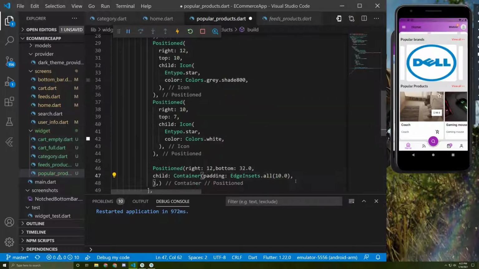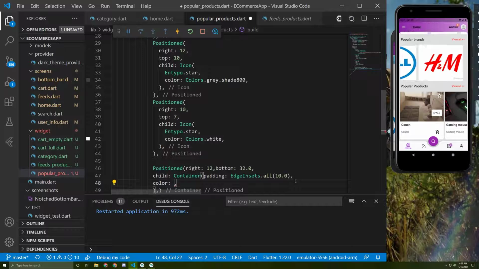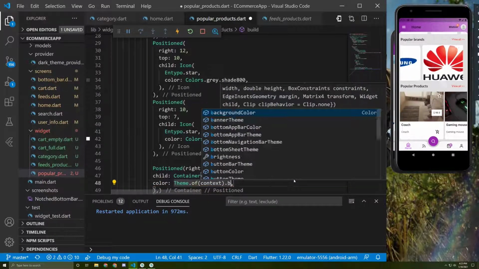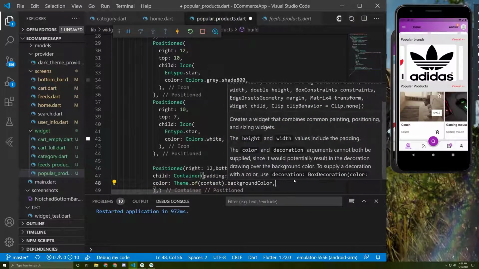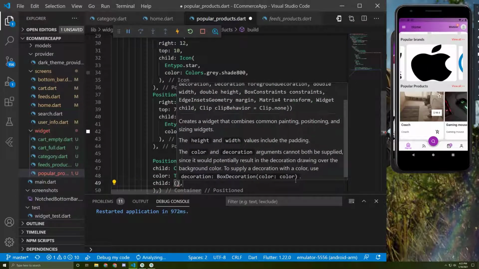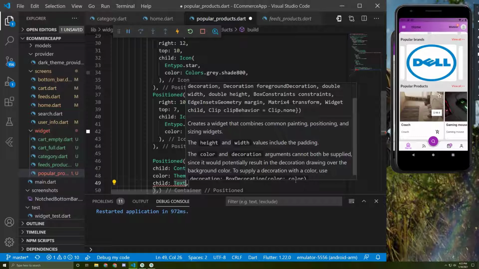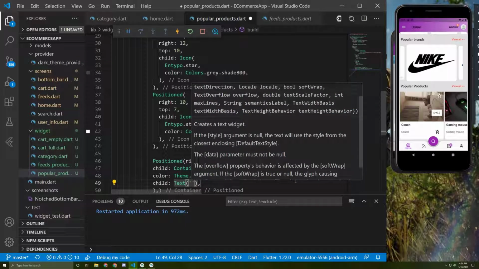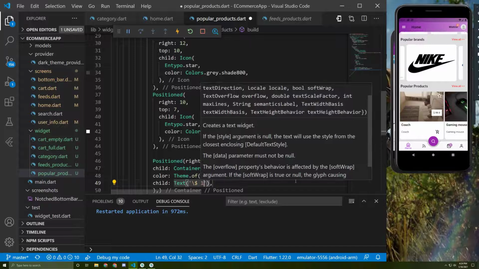of 10. Let's add a color in here of Theme.of(context).backgroundColor, and as a child it will take a Text that's going to put the price in it. So let's say just type $1 and some number,